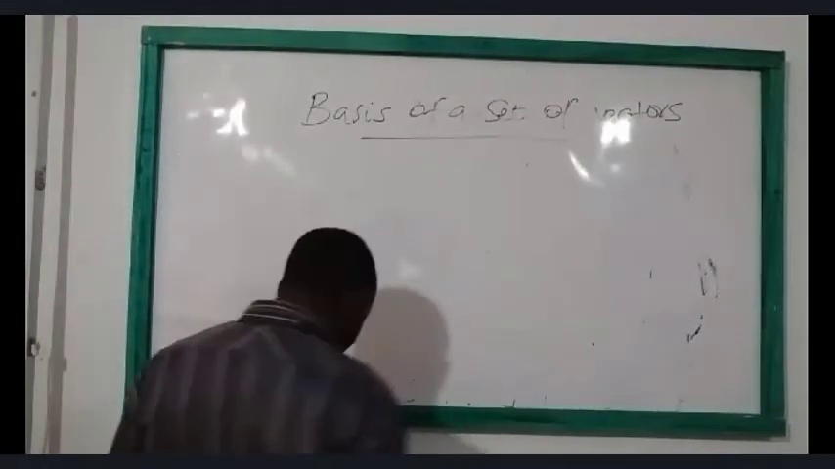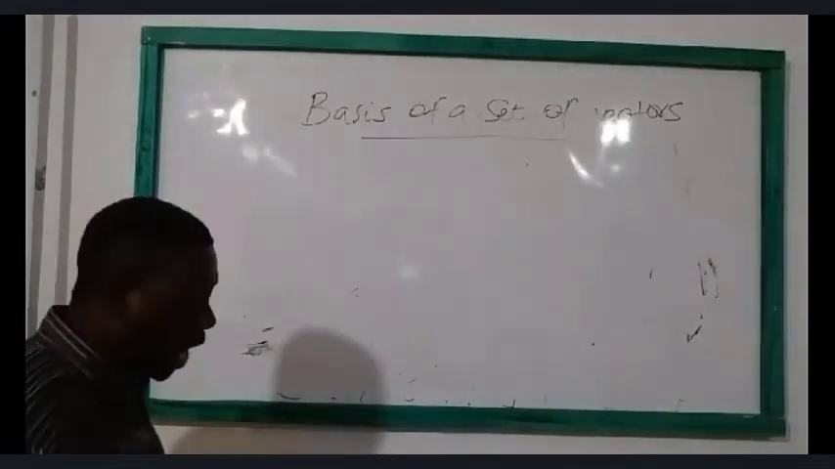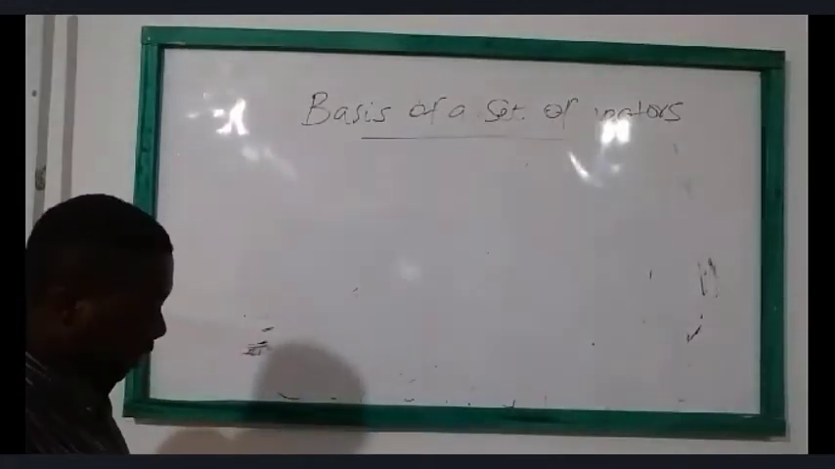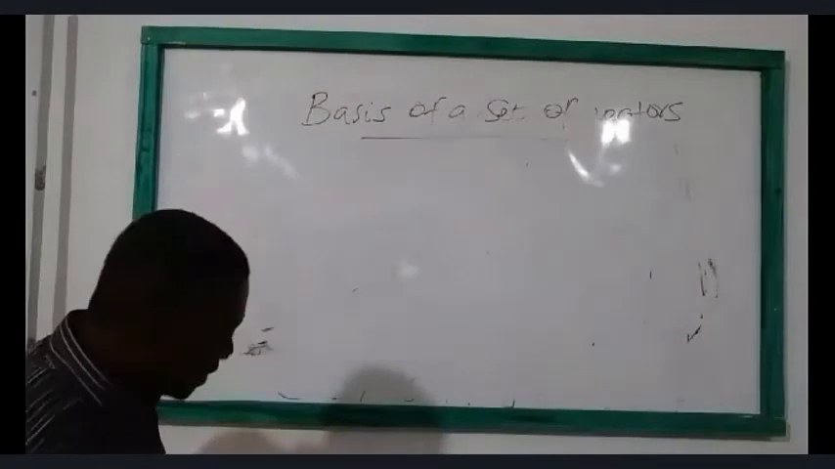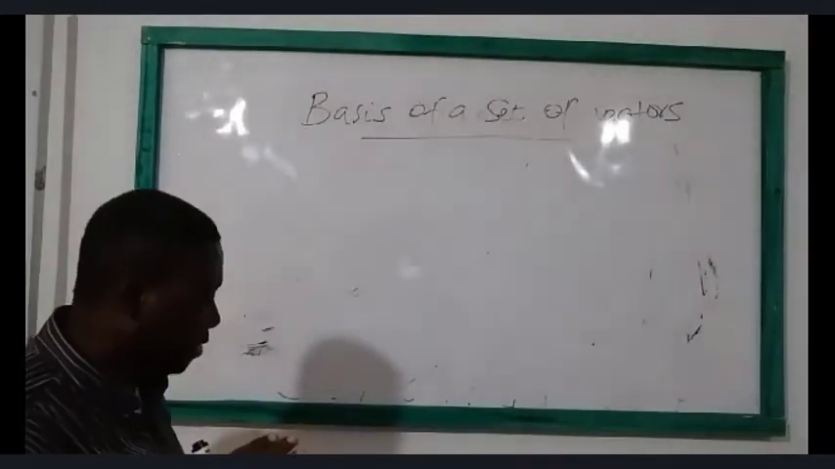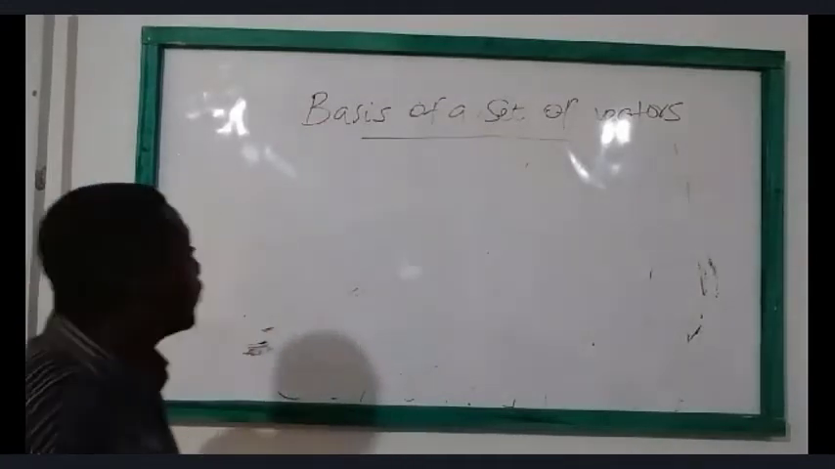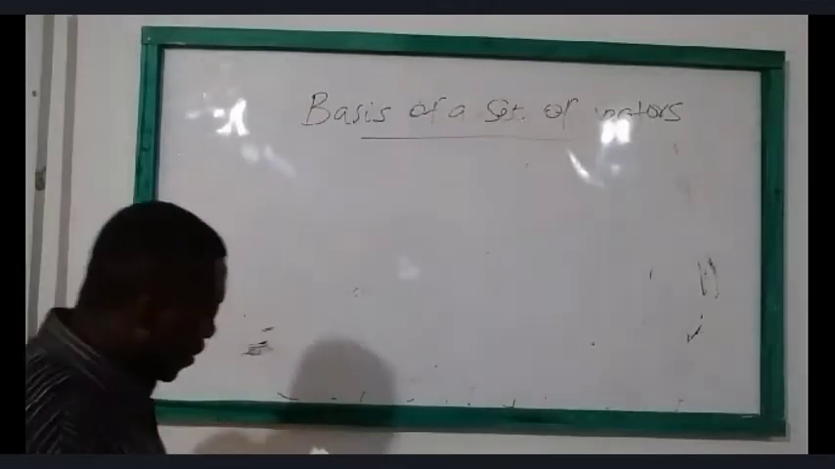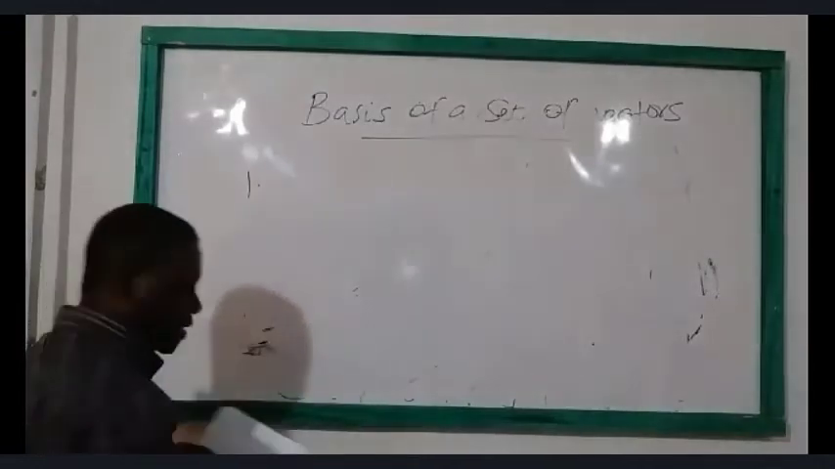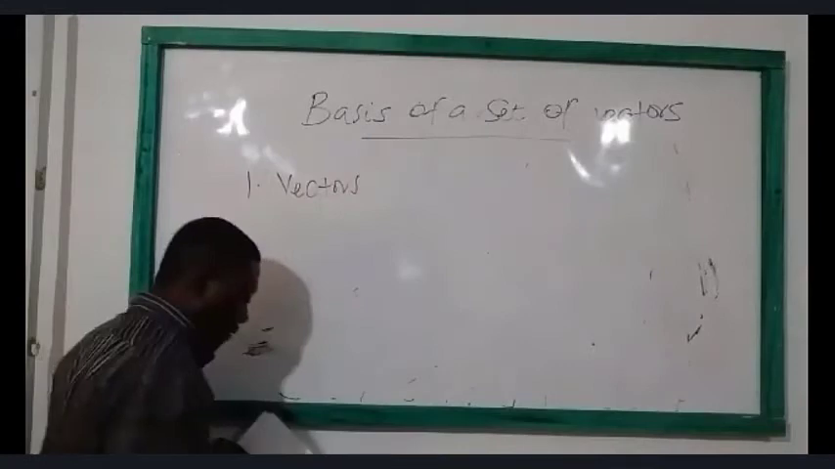We are looking at the basis of the set of what? Vectors. Now, given a set of vectors, how do you find the basis of those vectors? There are 2 conditions that must be satisfied for a set of vectors to form the basis. So what you do is that you have to show the set of vectors are